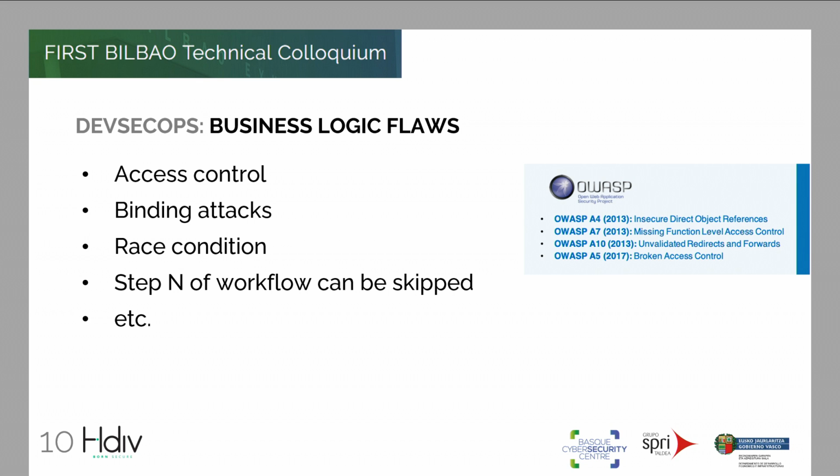Secondly, we have the part of business logic flaws. That is the part where, unfortunately, there is no tool to detect this kind of issue, for instance, access control issues. Imagine a web application where we have a URL with a parameter, an ID, and someone changes the ID of that parameter to see the data of another user. A very common attack that is very simple to fix once you have detected it, but the problem is that there is no tool to detect it on its own.